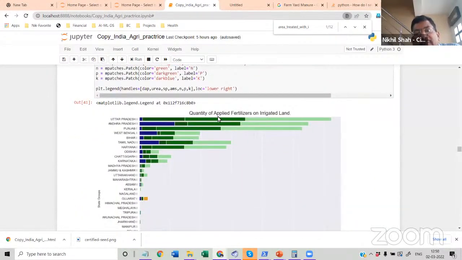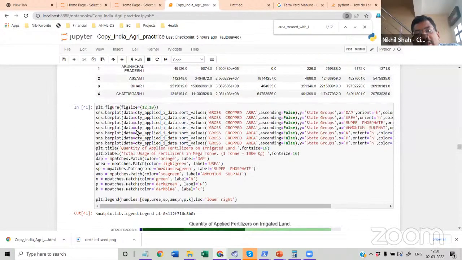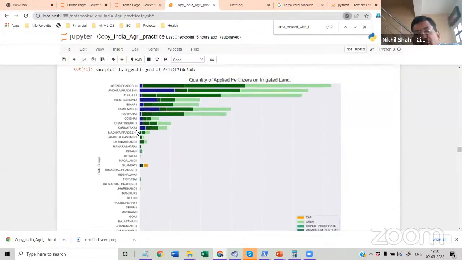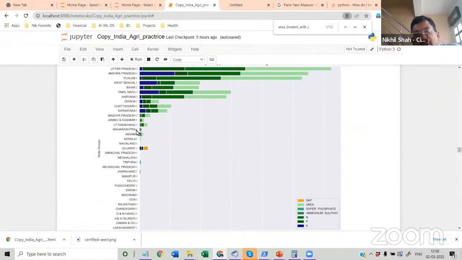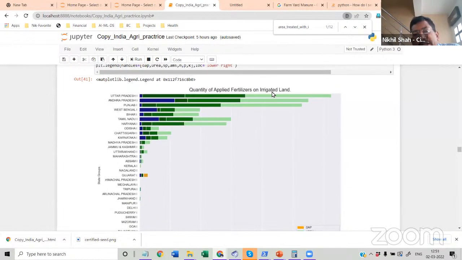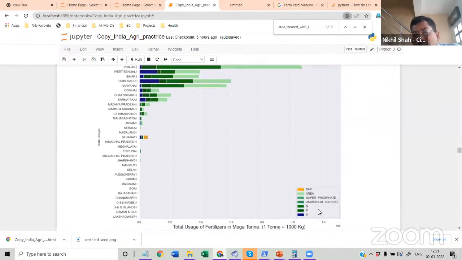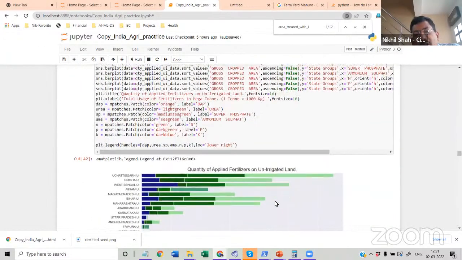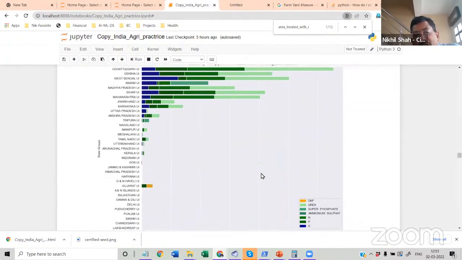So the quantity of applied fertilizers on irrigated land is produced based on this simple line of code. So this is what I produced. This is on irrigated land where you see nitrogen, phosphorus, potassium, aluminum sulfate and whatnot. And then we are producing similar data for non-irrigated land.